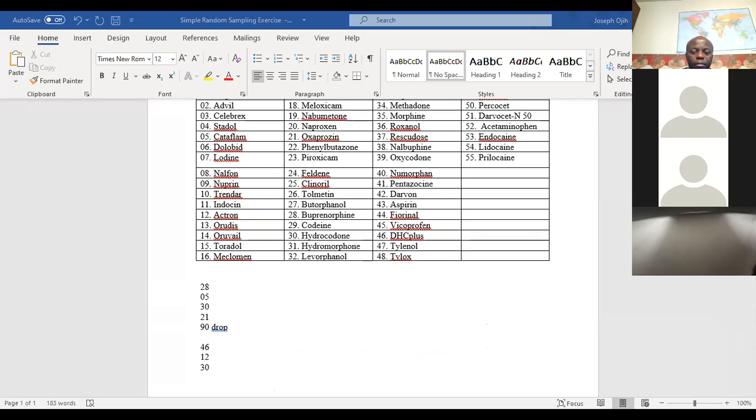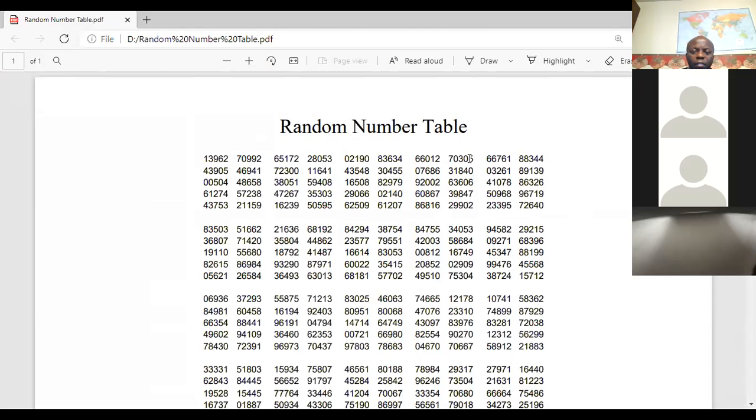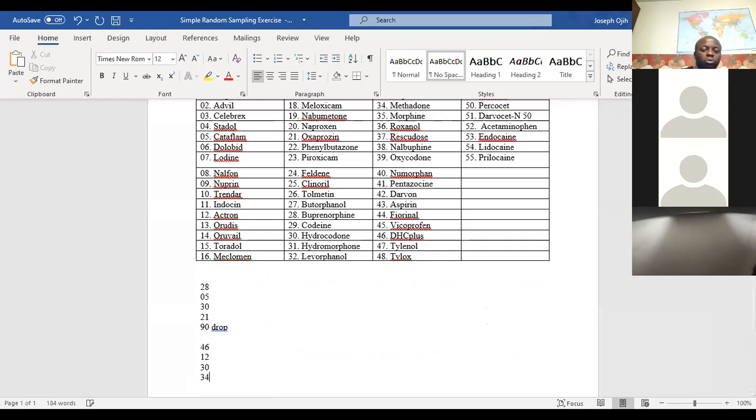After 30, next one we have is 56. 56 is bigger than 55, so we can't use it. The next one is 67, which is bigger, we can't use it. 61, which is bigger. 88, which is bigger, we can't use it. 34, we can. So we go to our chart. We got 34. So notice that each time we find a number that is bigger than 55, we can't use it. Also, if a number repeated, we can't use it because it has to be random. Okay.